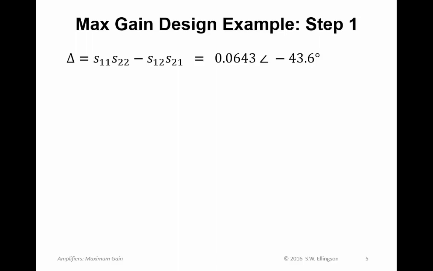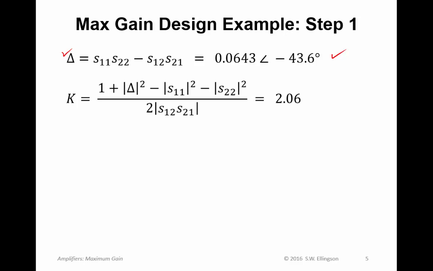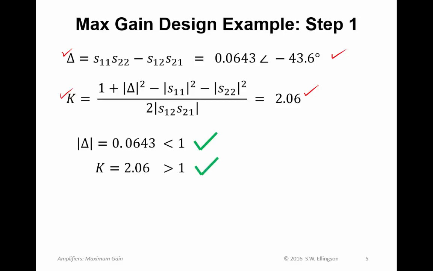Okay, step 1, determine stability. So as usual, we compute the delta parameter. We find that it has a magnitude of 0.06. That's good news. We calculate the Rollett stability metric, K, and we find that that has a value of about 2, also good news. So since the magnitude of delta is less than 1, and K is greater than 1,